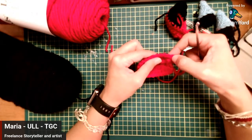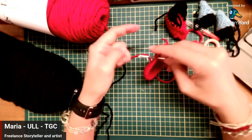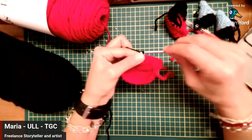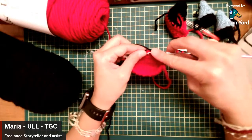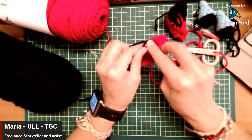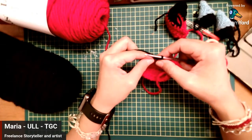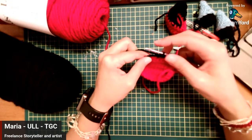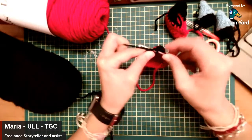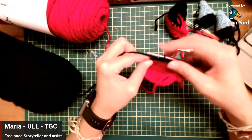So 1, 2, 3, 4, 5, 6. I'm going to fasten it here. And then a slip stitch here. And then it says 4. 1, 2, 3,